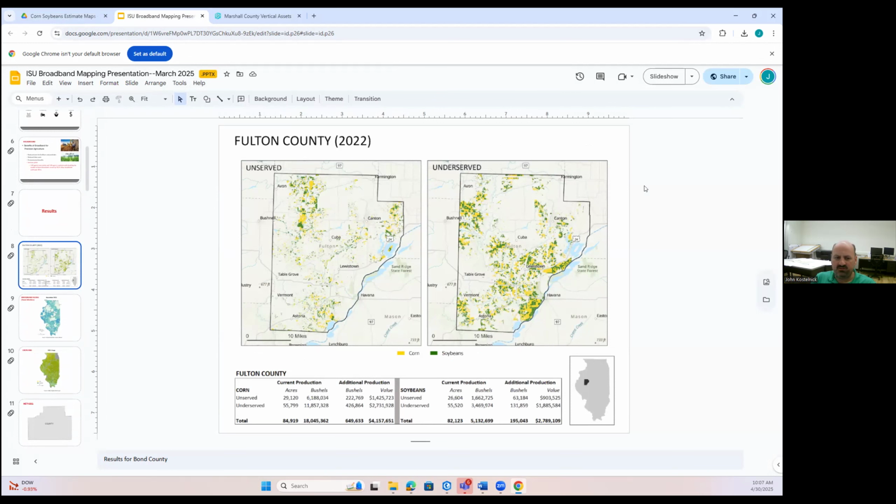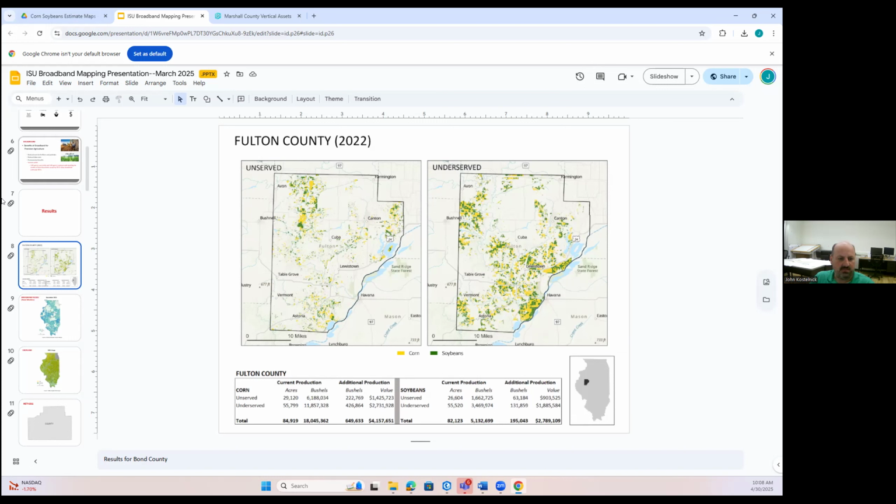Again, as a refresher, this is the what-if: what if we had great broadband coverage in the county and that allowed farmers to do full-scale precision agriculture? What might we expect in terms of additional yields and dollar amounts? You can use that as a way of projecting into the future some potential gains that might come in the agricultural sector with improved broadband.